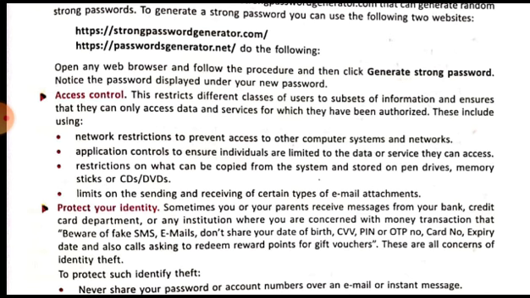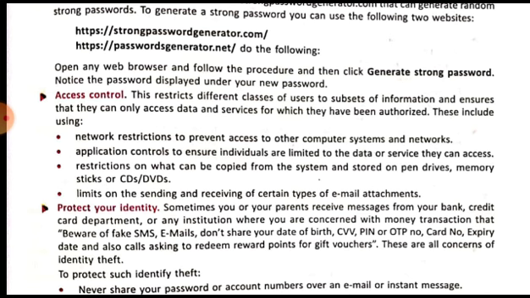All those pieces of information we can restrict, we can restrict the user from copying from the system. So when you apply this restriction, what will happen? The user will not be able to copy any such information or files from the system and store them on any pen drives, memory sticks, or CDs or DVDs, unless and until we permit the user to do so.